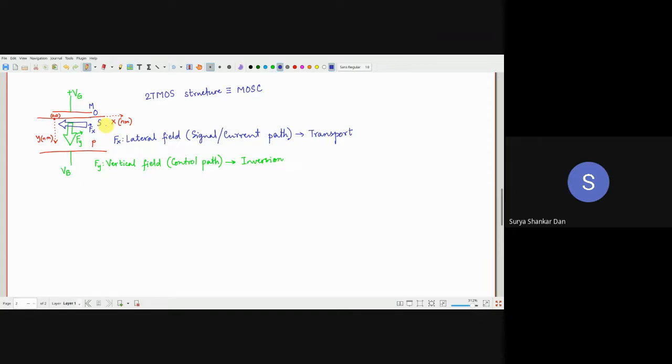So first thing is that if it is a MOS capacitor, obviously this Fx is not there. When is Fx going to come? Only when you are having the source and the drain terminals, right? So initially we will begin with the effect of gate and body terminals alone. ठीक है, यहाँ पर सोर्स और ड्रेन की बात हम करेंगे ही नहीं. Okay. Later on, what we will do is, my approach is basically inspired by Cividis.